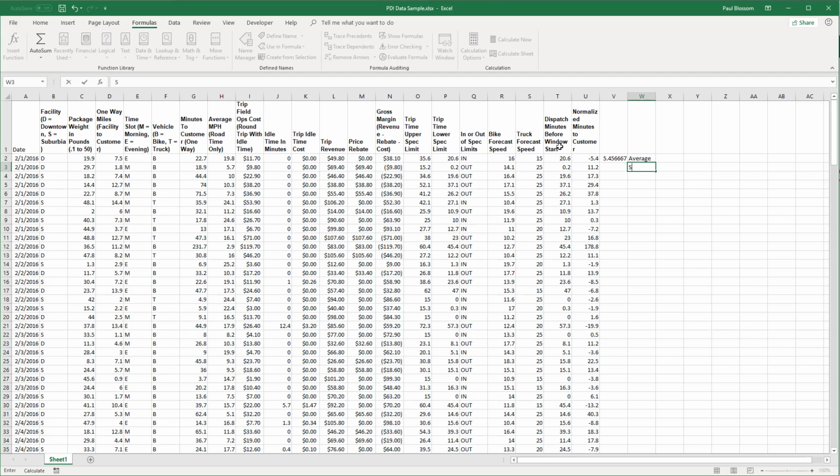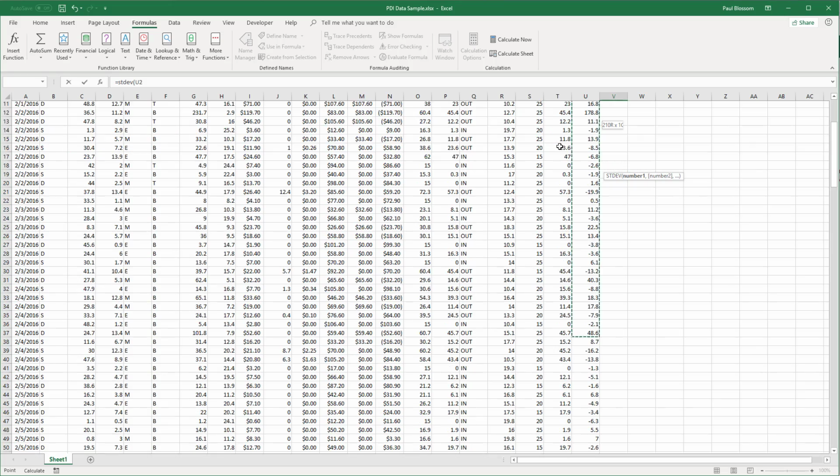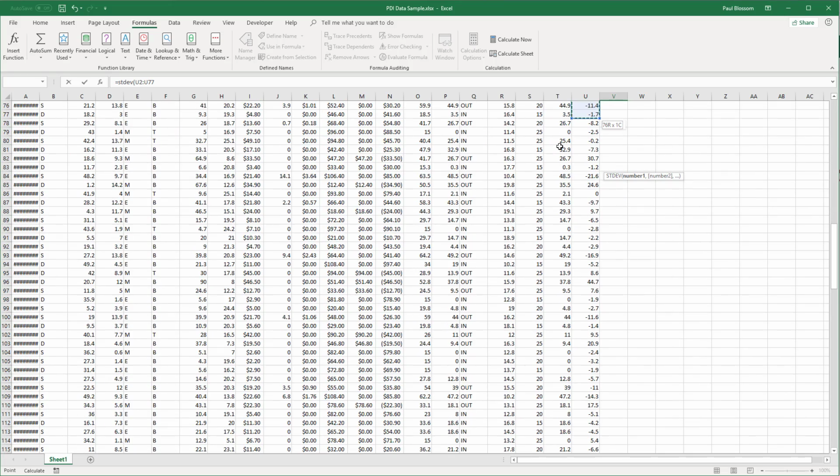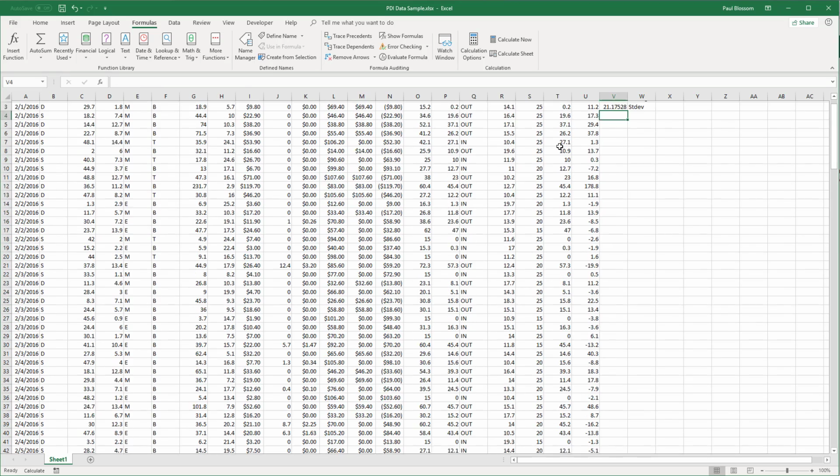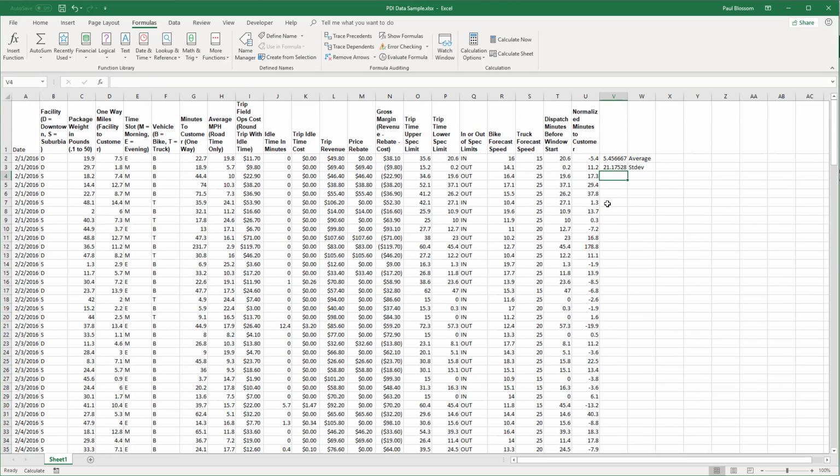And I just put it by the standard deviation. I'll calculate that here, equals STDEV. With this many data points, it doesn't really matter which one you use. You might want to use STDEV.S, but the number won't be a big enough difference to make any problem. All right, so now I've got the